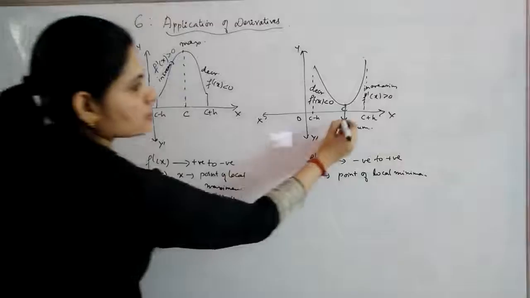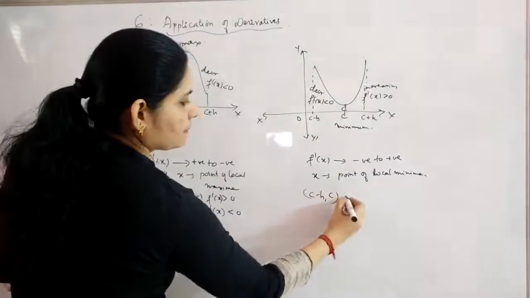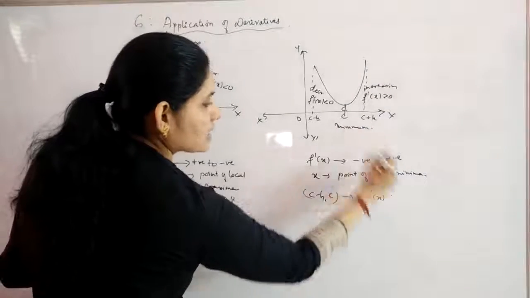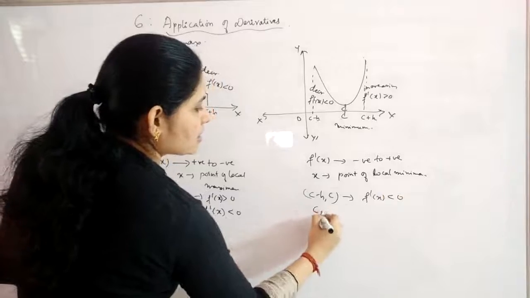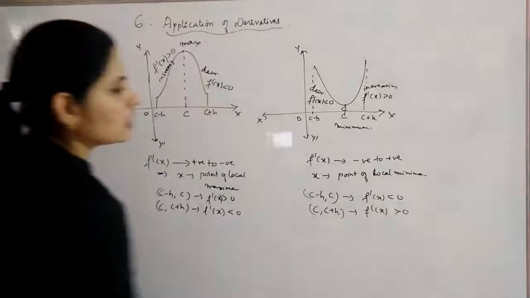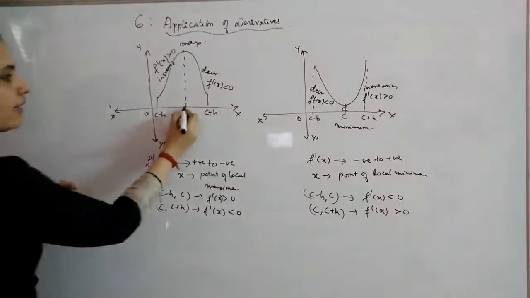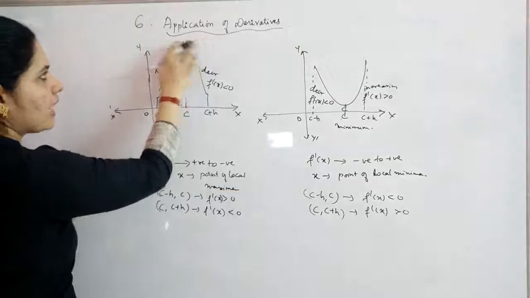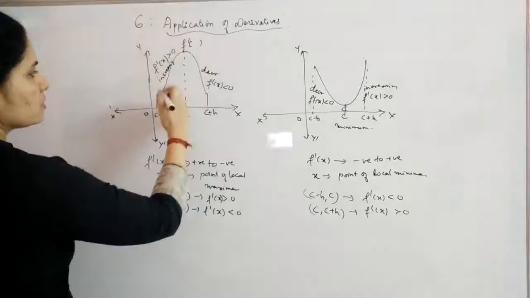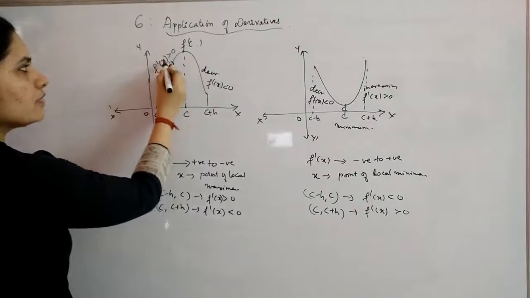Now again here also, if this is the point c, in the interval c minus h, c, when you are checking, you are getting f dash as less than 0, and in the c, c plus h interval, you have f dash of x greater than 0, then you are having a minimum. Okay. And at this point c, you will have f dash of c. This is the point you are taking now. So from c minus h to c, it can be any value. That's why we are in general writing it as x.